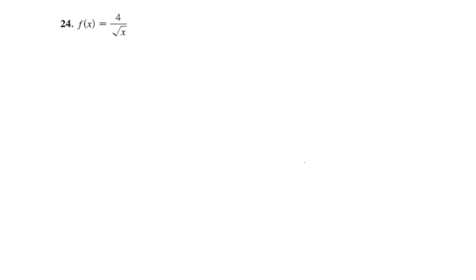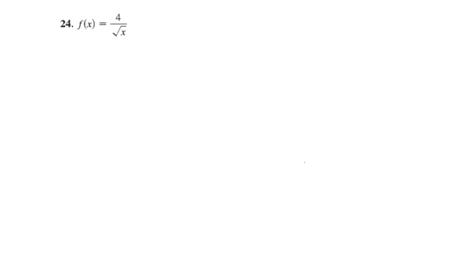With problem 24, we have f of x equals 4 over the square root of x. So this is kind of a rational function, but it's also a radical function. Sometimes I call it a rational radical, radical rational, whatever. We're looking for the derivative, that is the function that will give us the slope of the tangent to that